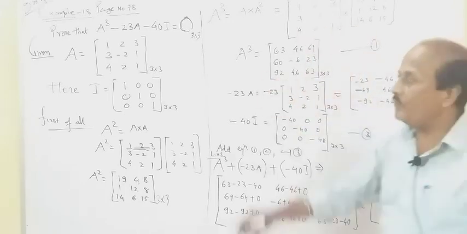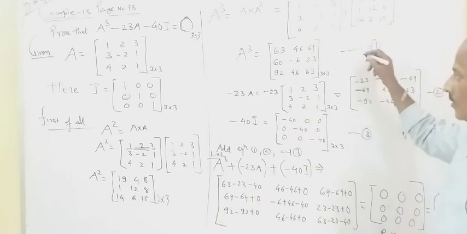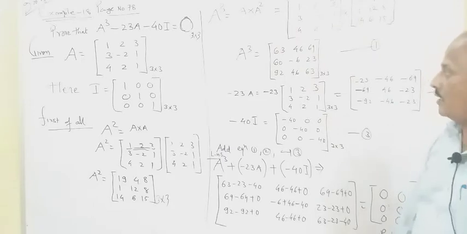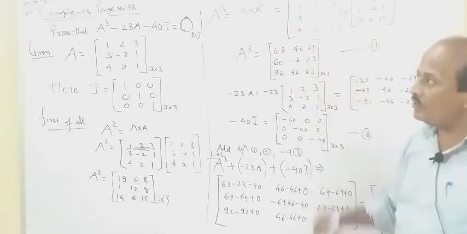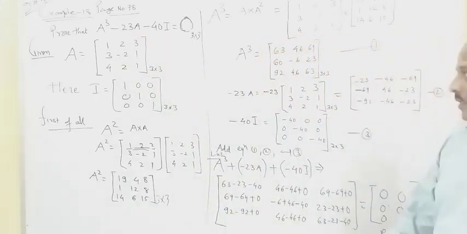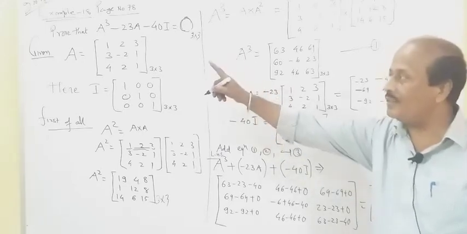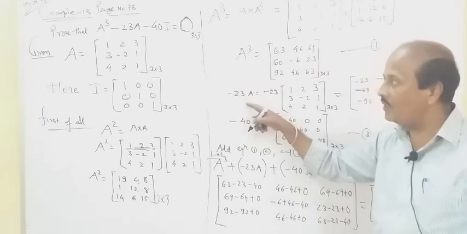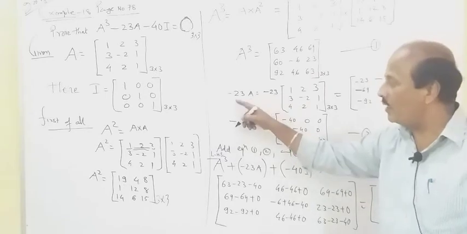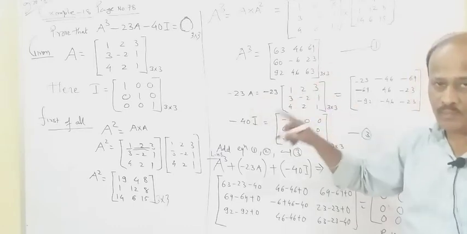You will get A cube, which is the first data required on our right hand side. You can name it expression 1, not equation 1, but expression 1, which you require on the right hand side. So this is our A cube. Now the second quantity we require is minus 23 into A. It's a scalar multiplication of a matrix. Either you take minus 23 here, or during the final result you can subtract that matrix, but I took minus 23A. Why, I will tell you afterwards.